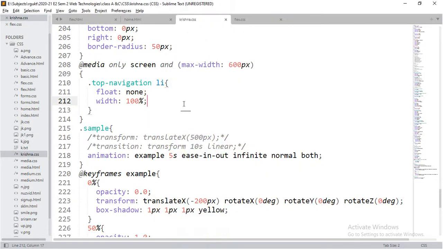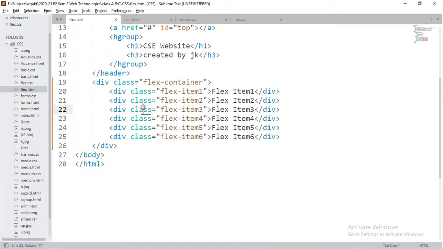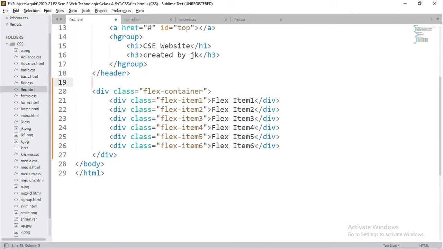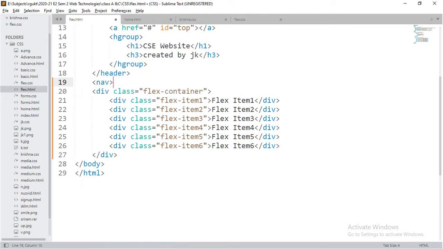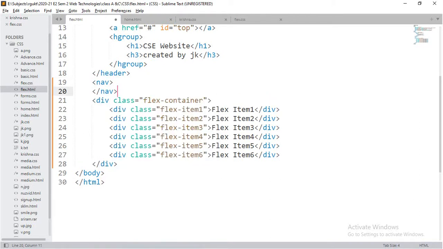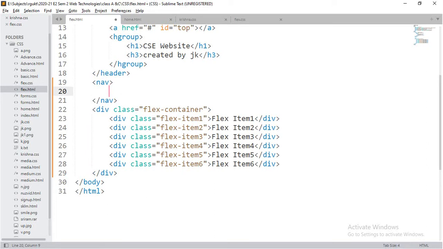Now, the same concept we can achieve through the concept of flexbox, but without using the float and width properties. For that, I will take one simple navigation bar. I'm going to use the HTML5 navigation element.